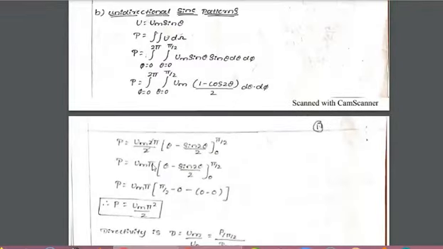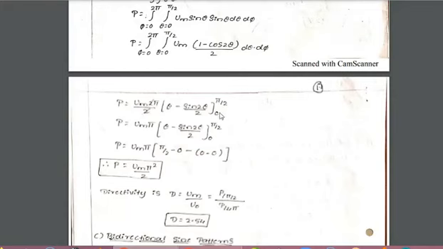So what is going to happen in the next figure? You know phi varies from 0 to 2 pi, and we don't have any phi terms here. So the integration of 1 over 0 to 2 pi gives 2 pi. The 1 by 2 is a constant, taken outside. What needs to be integrated is the integral from 0 to pi by 2 of (1 minus cos 2 theta) d theta.